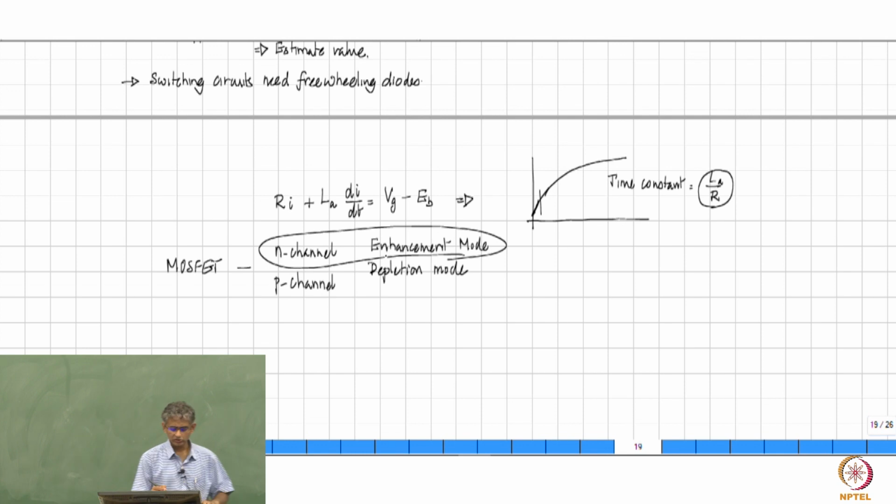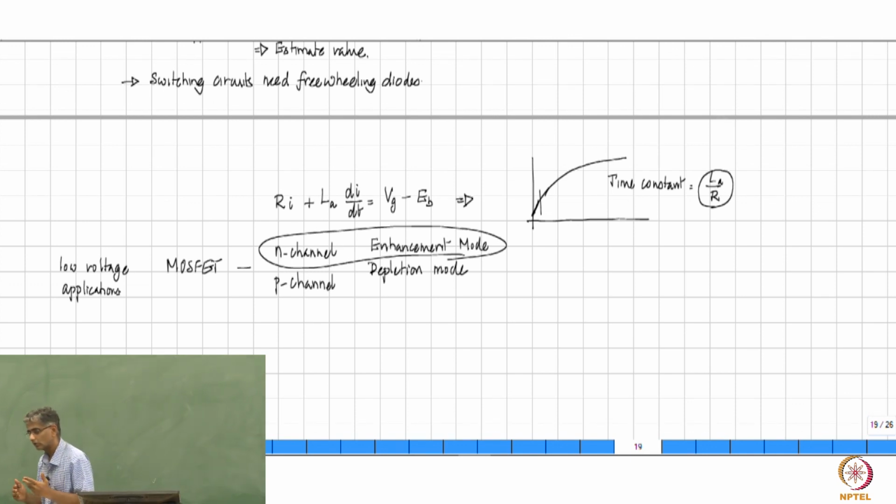So, this is used usually in low voltage applications. Low voltage applications meaning if you are going to have a circuit which is going to operate from a DC voltage of, let's say, about 100 volts, MOSFET is a good choice, or less. Okay. But if you are going to go to higher voltages, normally when you look at heavy duty electric motors which are going to be operated directly from mains, right, this is not the device that you will use because the voltage levels are much higher.